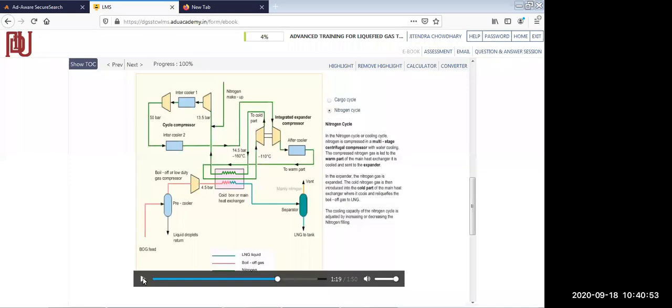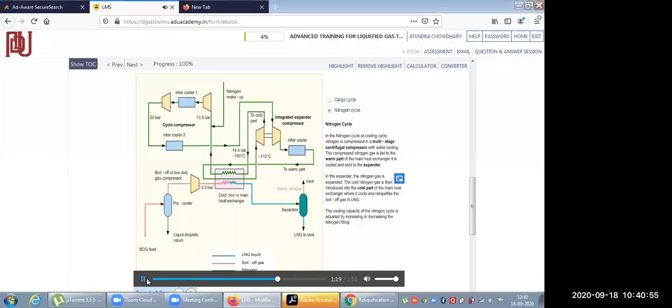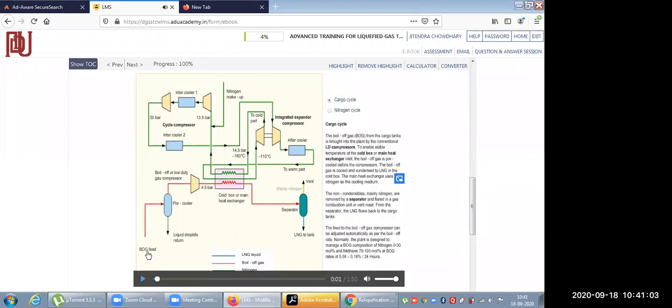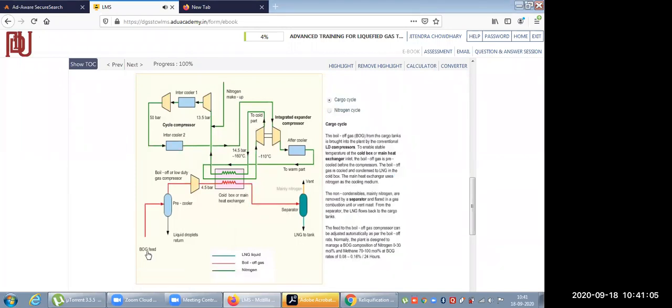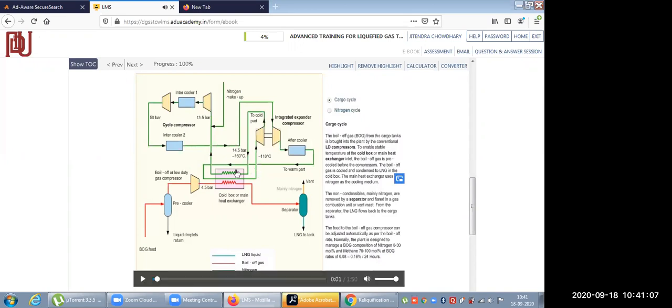Now we are seeing the compression and reliquefaction of this LNG type of ship, where nitrogen is used as the coolant gas, and we will see how it works. The rest of the process is similar. First, for the reliquefaction plant, we need a compressor, which we have here, then a type of condenser you can say, and then the expansion, and the gas liquid goes back to the tank.